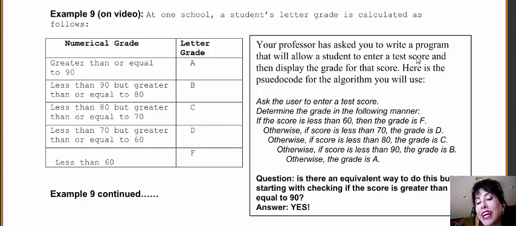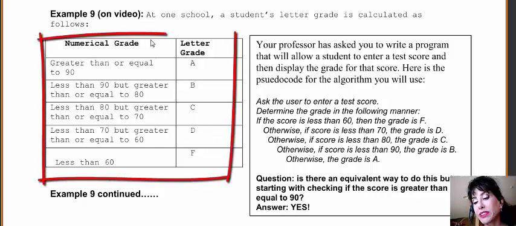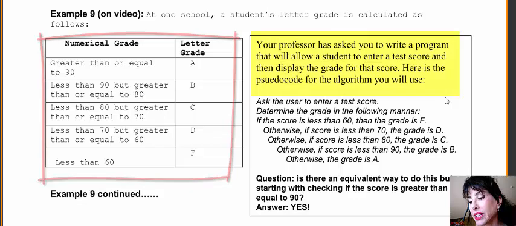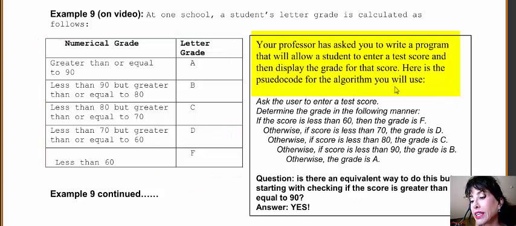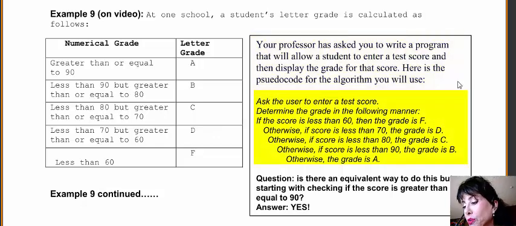Today we're going to look at a little bit of a complex example for nested if statements. So take a look at this example 9 here. Suppose a student's letter grade is calculated according to this table, which is actually the usual grading policies for most instructors. So if we need to write a program that's going to allow the student to enter the test score they have and then have the program display that score, the pseudocode for the algorithm is going to be as